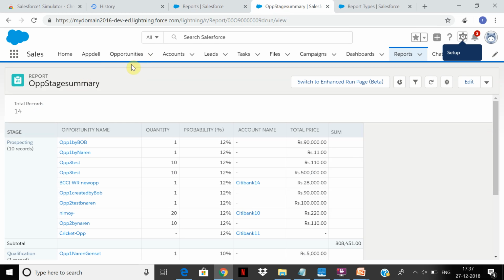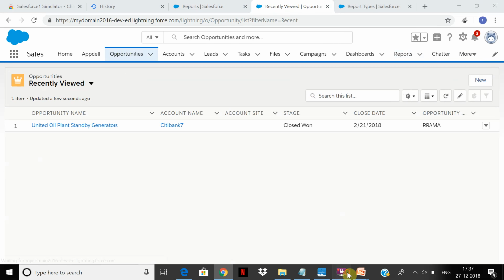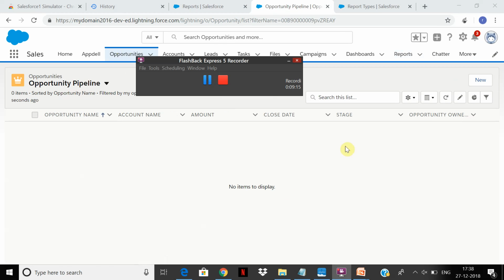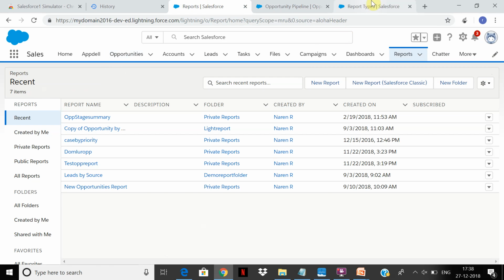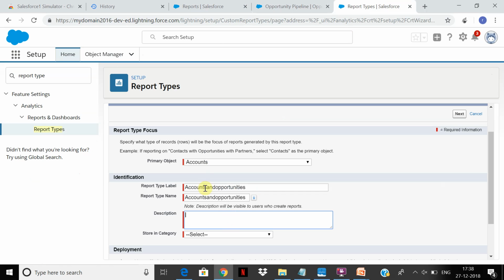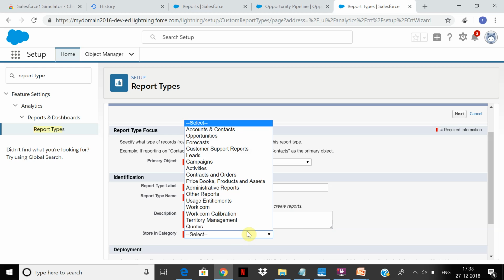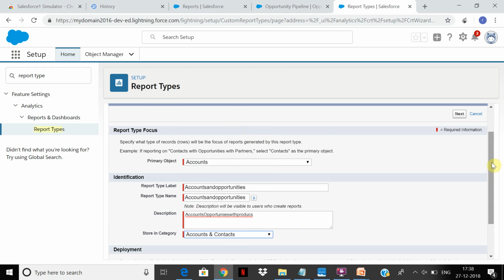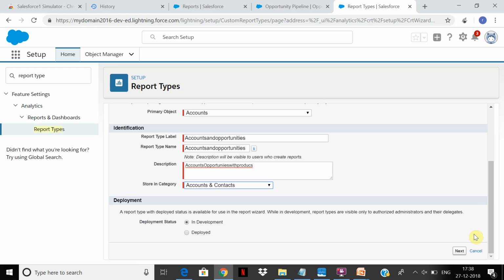Before we go there, depending on that opportunity report, we'll first build an accounts and opportunity report with some products. Right now we may not have so many records. So with products, and we're going to select the folder category as accounts and contacts, and store in category. This we can ignore.